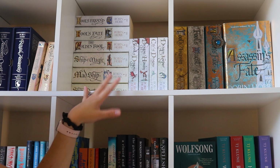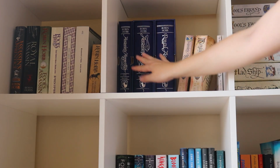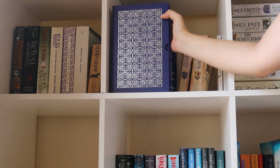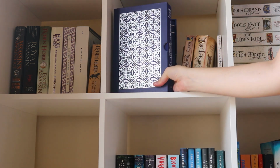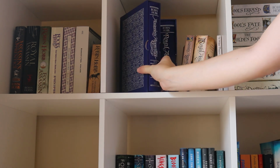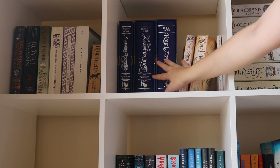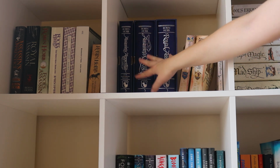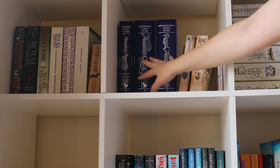So those are your entry points. Now I do have duplicates of Robin Hobb. So these are some anniversary editions with some slip cases, and how pretty are they? I think they've got illustrations in them as well, but I haven't flicked through them in a while, so I don't remember. They just remind me of being in an actual fantasy library. Like, doesn't that look like something you would find in a library archive in a fantasy novel, like in a